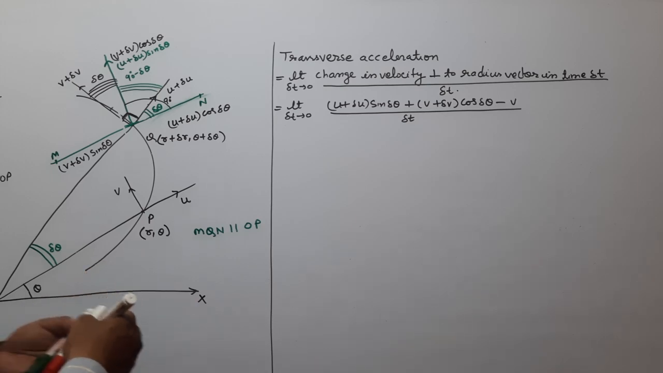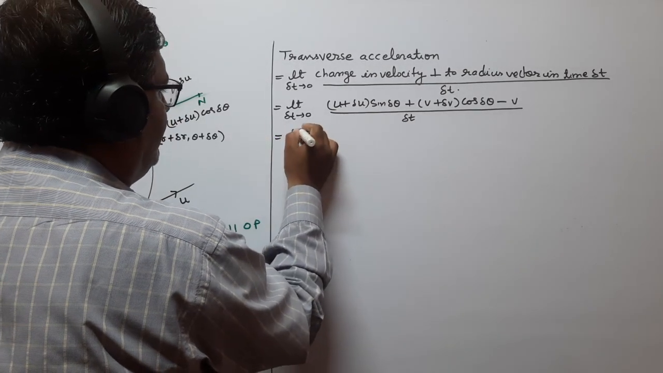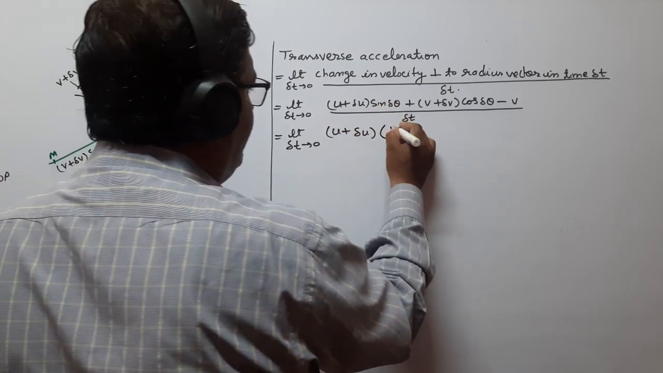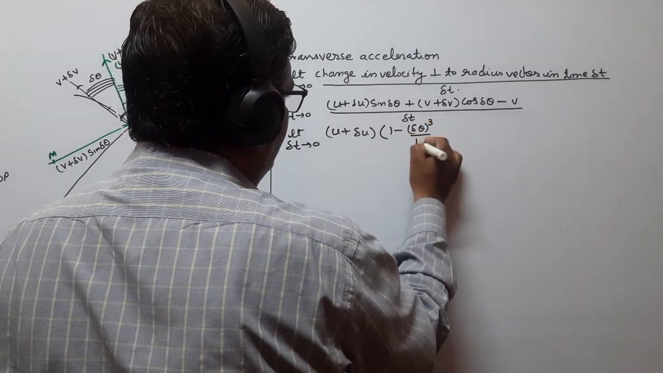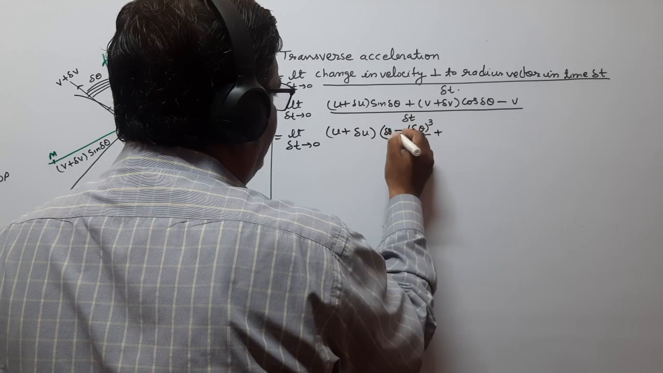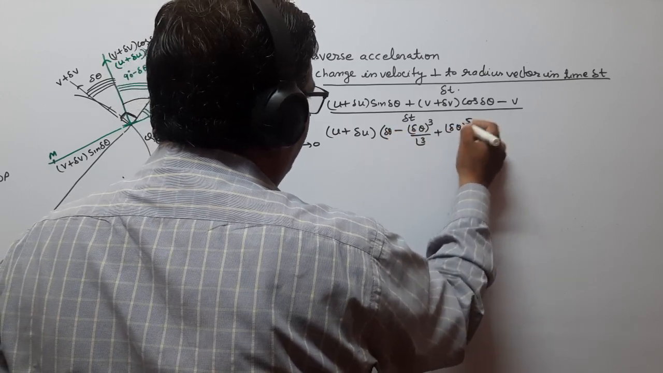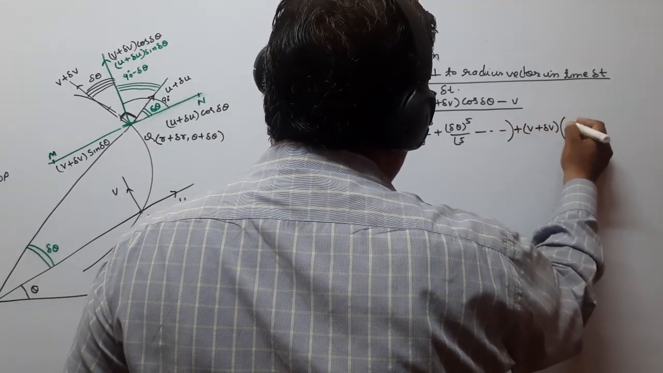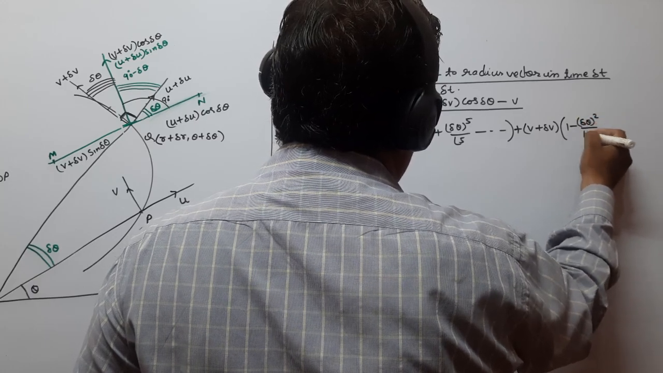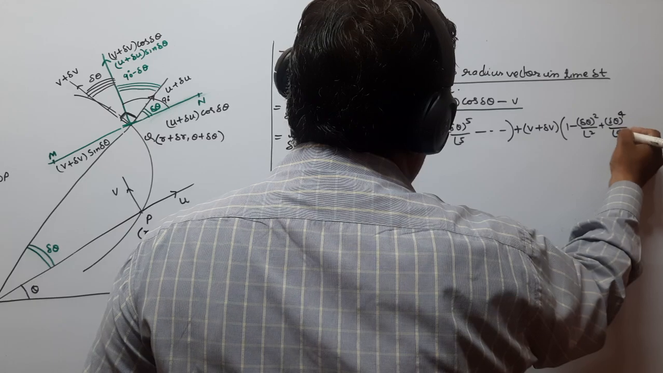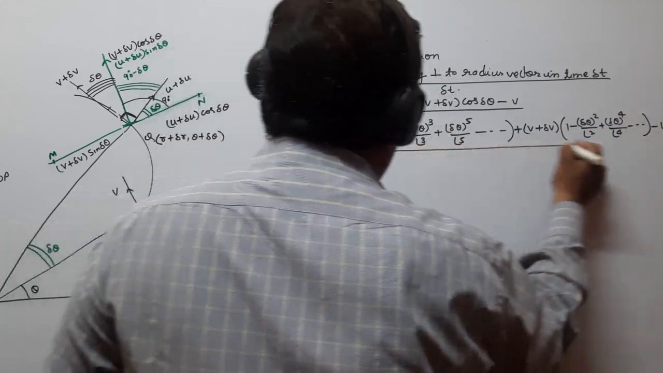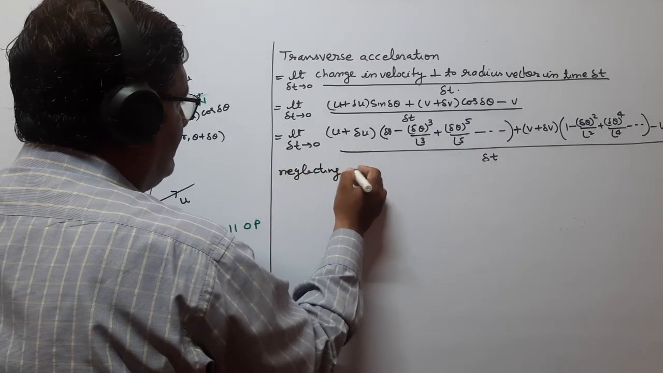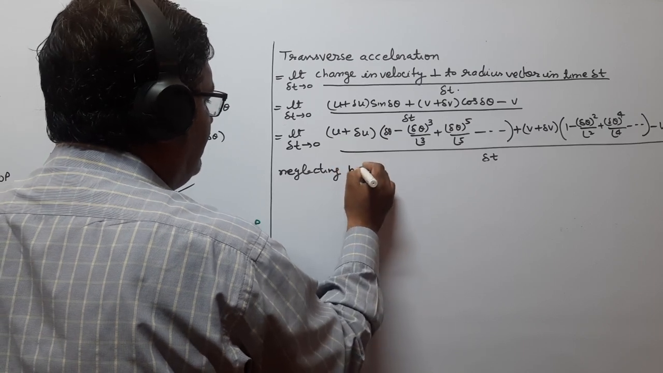Now we solve this. So we can see here limit del t tends to 0, (u plus del u) and sin del theta is del theta minus del theta whole cube upon factorial 3 plus del theta whole power 5 upon factorial 5 minus, and so on, plus (v plus del v) and cos del theta is 1 minus del theta whole square upon factorial 2 plus del theta whole power 4 upon factorial 4, and so on, minus v divided by del t. So neglecting powers of del theta,